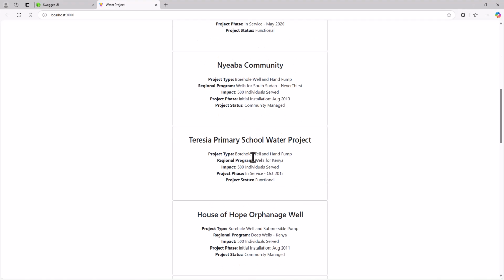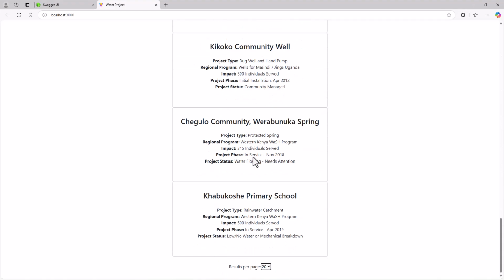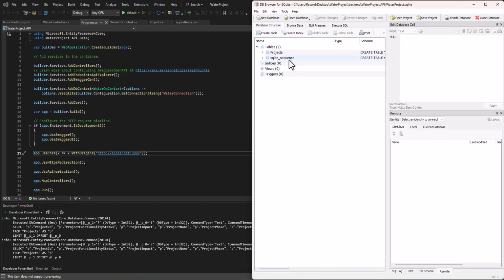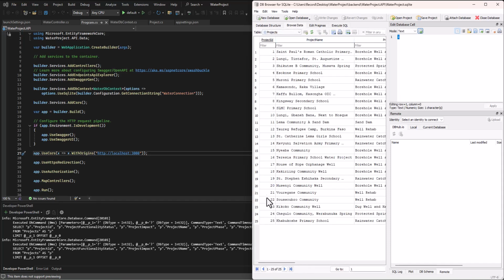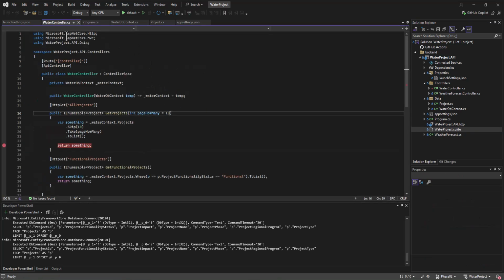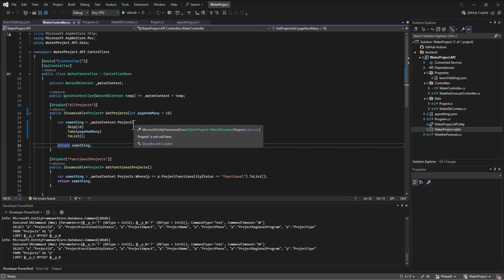1, 2, 3, 4, 5, 6, 7, 8, 9, 10, 11, 12, 13, 14, 15. Do we only have 15 projects in there? We might only have 15. I can't remember. Let's check just to make sure. So if we open up the database and I look at how many records, no, there are 25. Oh, but we're only, that's right. Why are we only getting that result? That's because we're only taking 20, but we've skipped 10 to get to those 20. And so there's only 15 left.